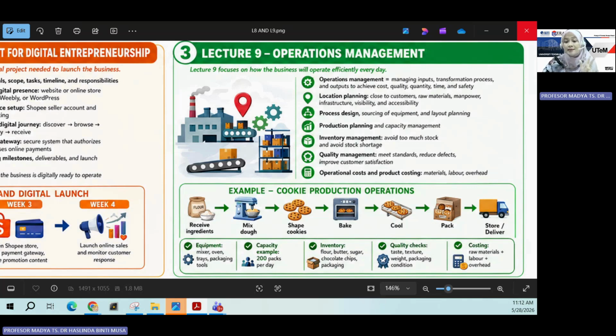The third one is the sourcing of equipment. So the entrepreneur must choose suitable equipment based on the quality, the price, the quantity, after sales service, the maintenance, and also production needs. For example,